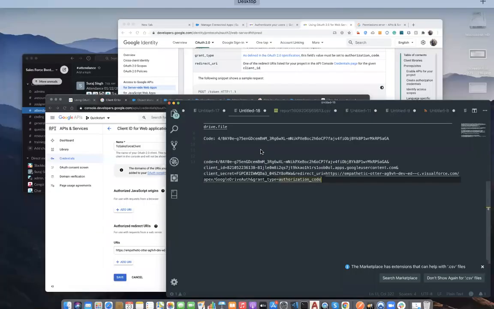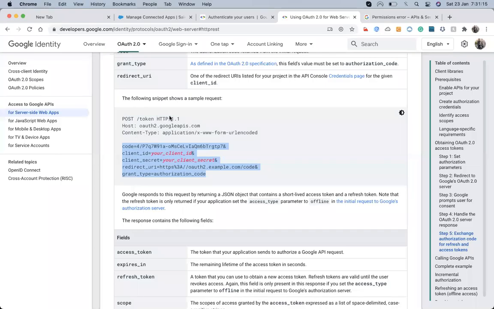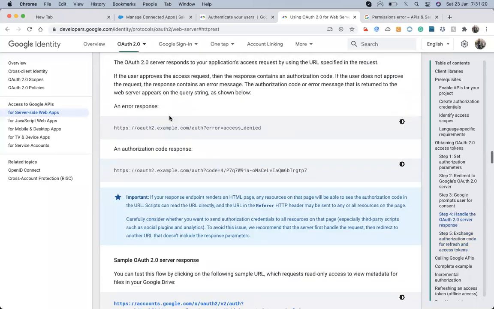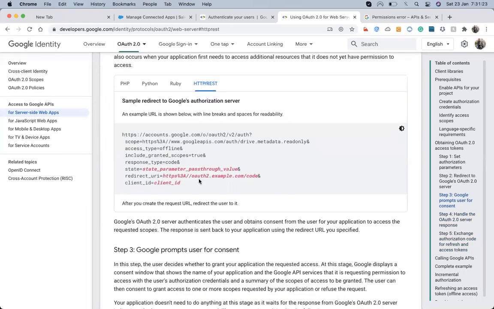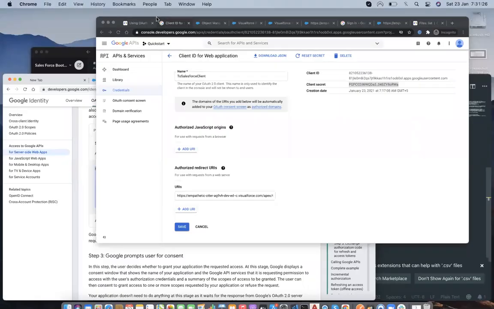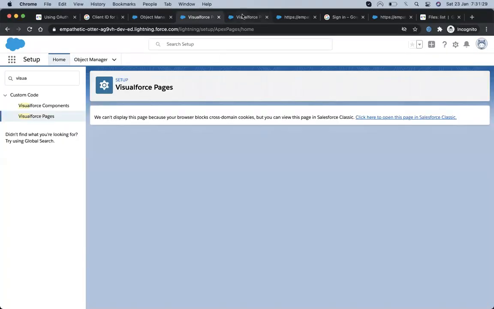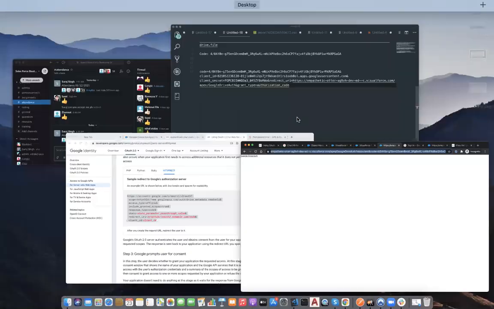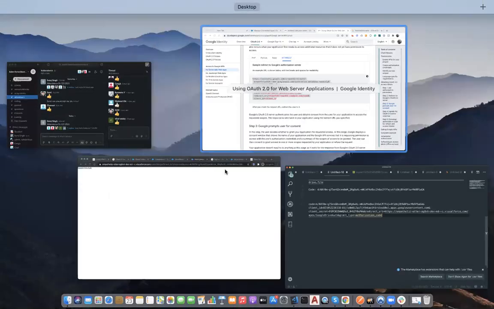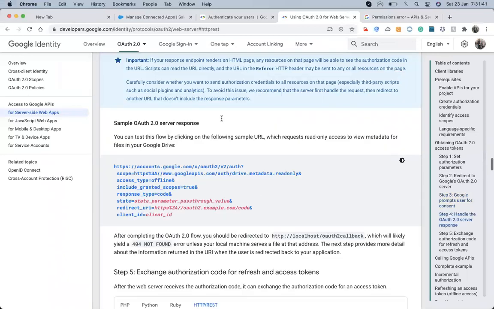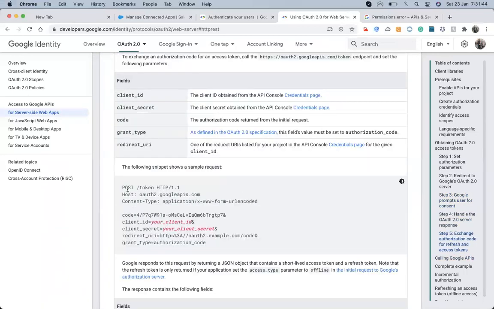It's asking us to make a post request. Remember, earlier it was not a post, we just wanted to open the URL, so I used a button that, whenever I click on it, will log in and come back with the URL. But here we have to make a post request, and a post is not possible to make via a Visualforce page.